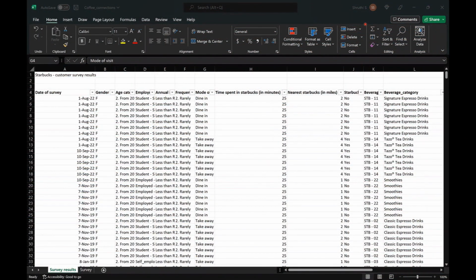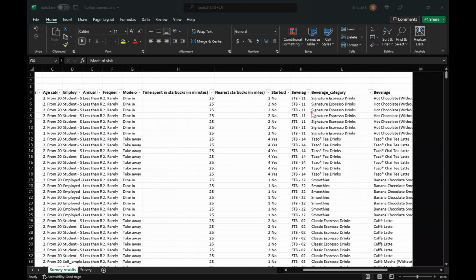So why don't we jump right ahead and see the different columns in the dataset Coffee Connections. This dataset is called Coffee Connections. And like I told you before, let's assume that we have surveyed around 850 Starbucks customers and we've collected the results. So we have here the date of survey, gender, age category of the Starbucks customer, employment status. We have the frequency of visit, mode of visit, time spent in Starbucks, nearest Starbucks, the beverage that they ordered,